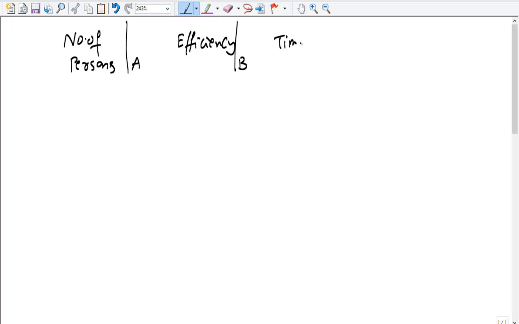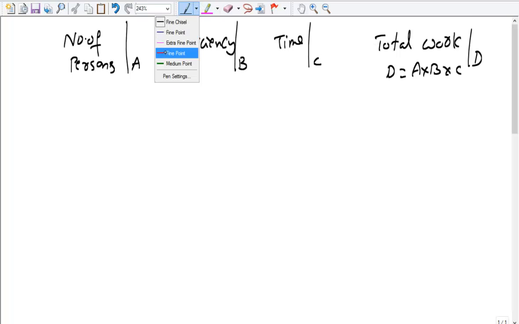Let's take, as I explained to you, the frame: the number of persons, this is A, their efficiency, which is B, time, which is obviously C, then total work, which is obviously D, and in fact D equals A into B into C. So in case number 1,